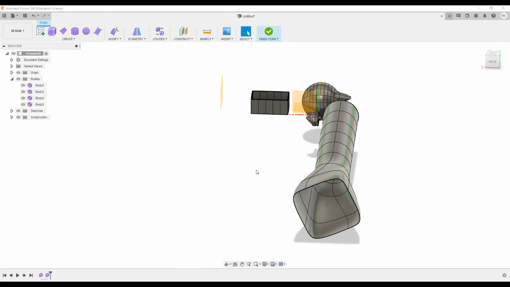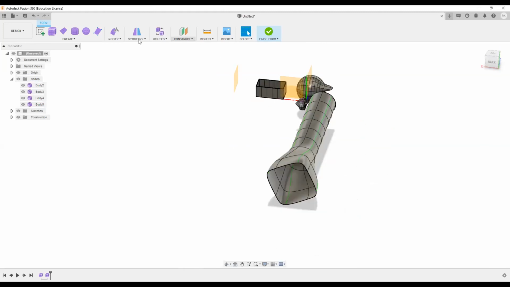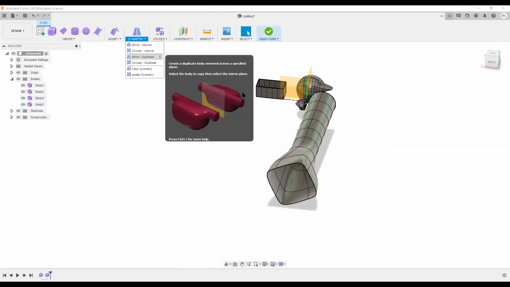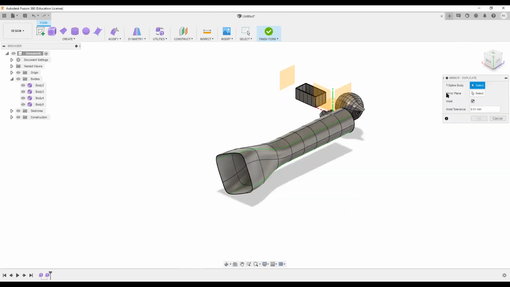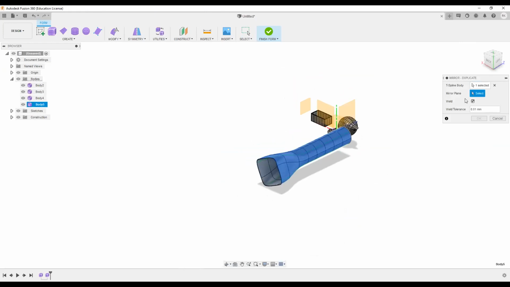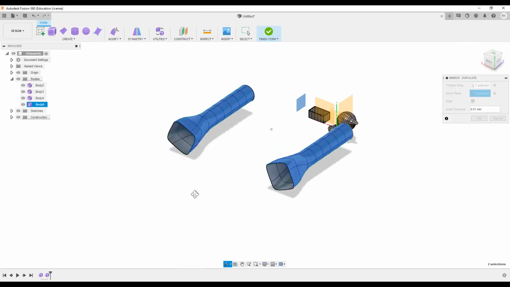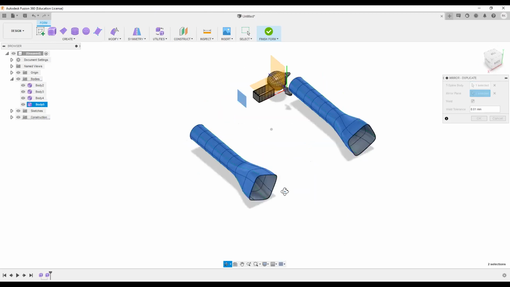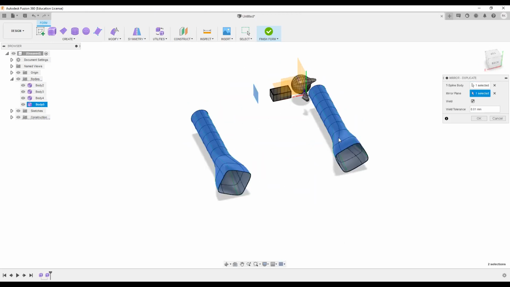So I have to select a plane, and first I have to select the T-spline body. So this is our T-spline body. Then select the mirror plane. This way we can make a duplicate of one particular T-spline into two, right?